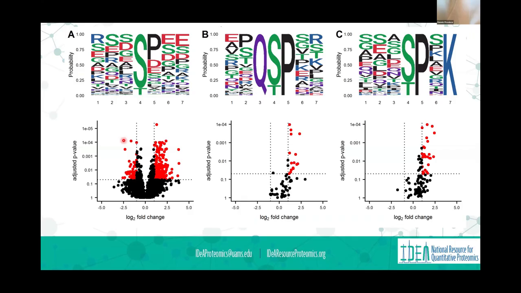The second one's a better example, that site, for B, that's a much smaller sample set, but all of those peptides had the recognition site of QSP. So, every one of those phosphorylations had a QSP, so that kinase is directed towards that site. So C is an indicator that it prefers the serine.